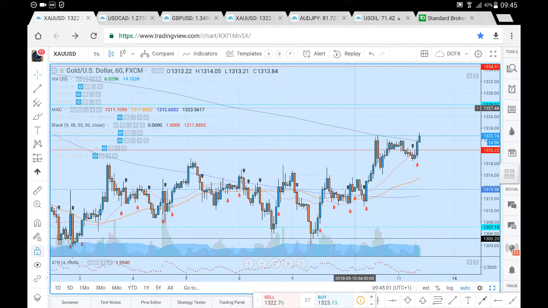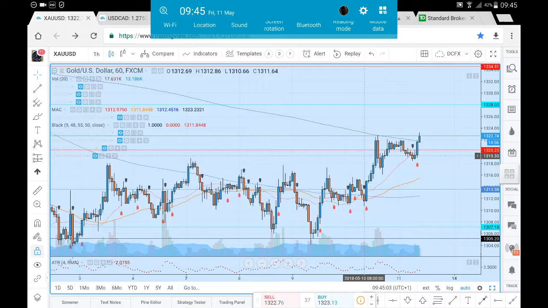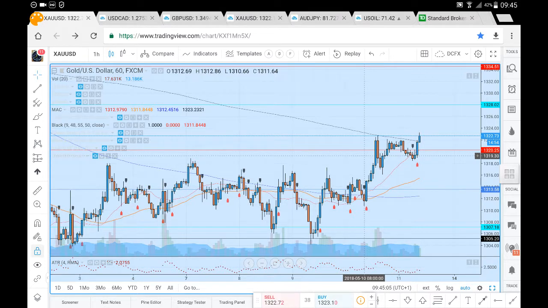This is the XAUUSD analysis for Friday, 11th of May. Now, let's just have a look at prices and where prices may likely go. So we've had price come down towards this 13.05. We had a brief move up to test that